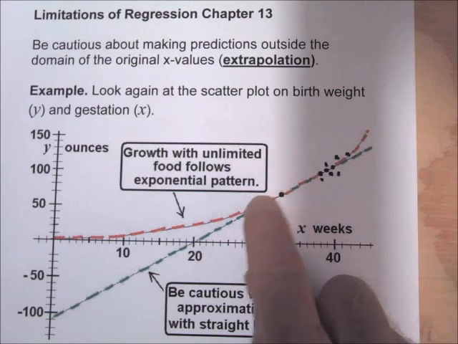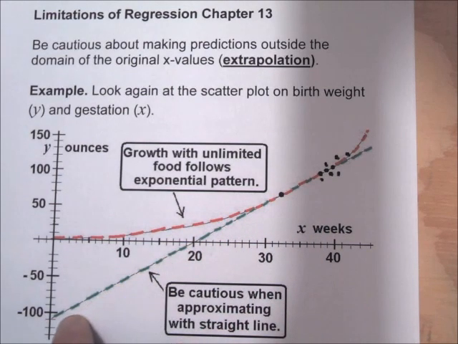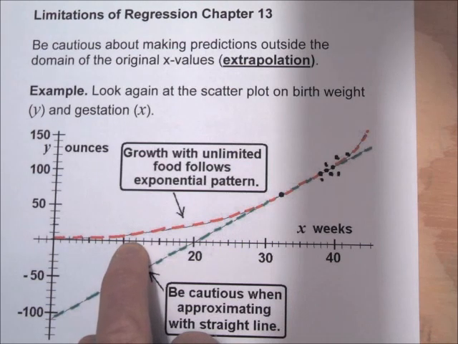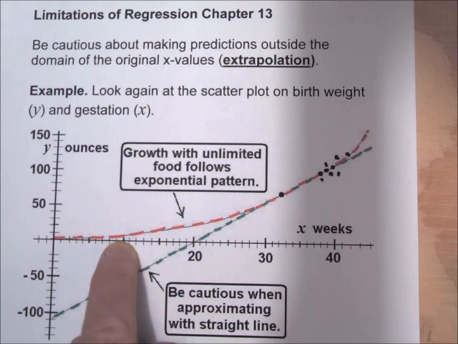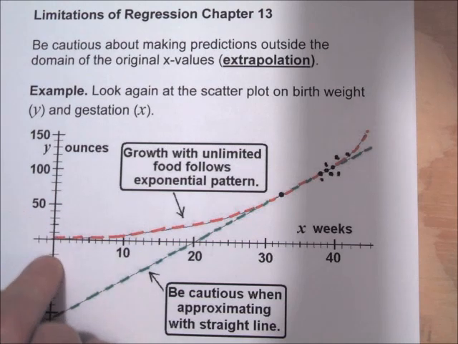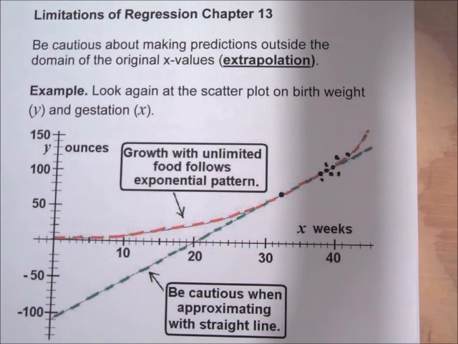What happens if we extend this line down to 0 weeks? We can see that this line represents predicted birth weights, but after 10 weeks, for example, our predicted birth weight is a negative 50 ounces. And that would not be a birth weight. The weight of the fetus after 10 weeks is predicted to be about negative 50 ounces, and that does not make a lot of sense. And the problem is that